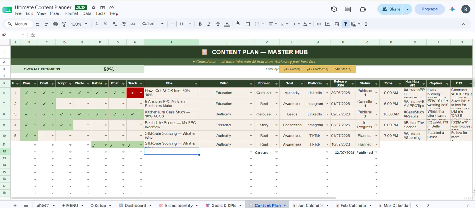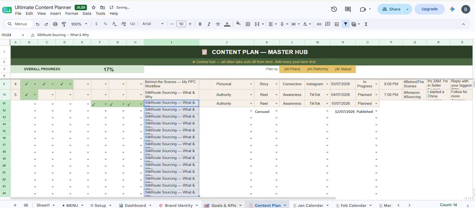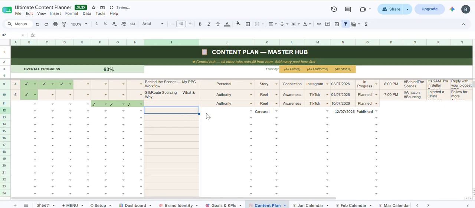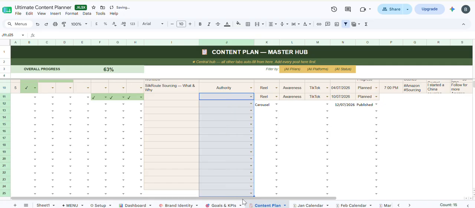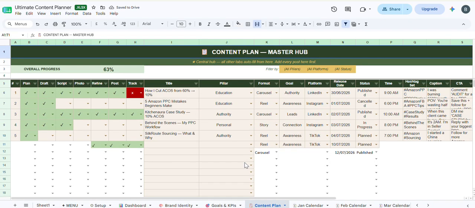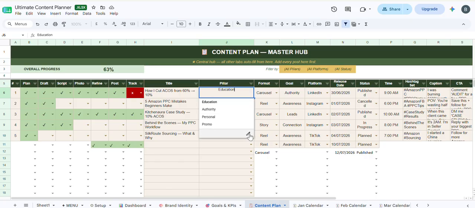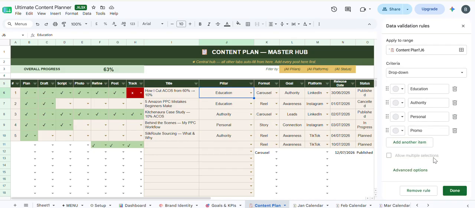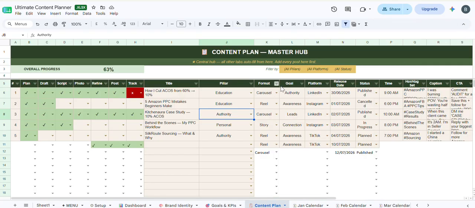In this content plan, you can drop it down and press the delete button, and it will be deleted. And again you can drop it down. You can do this for all. I haven't done that because you can do that according to your need. Then you have to write your title. The pillar, you can edit these pillars here. Go to edit and write them and edit them according to your need. Same format, goals,